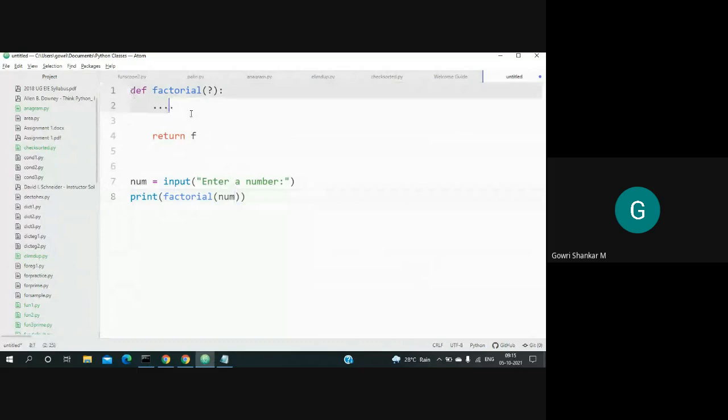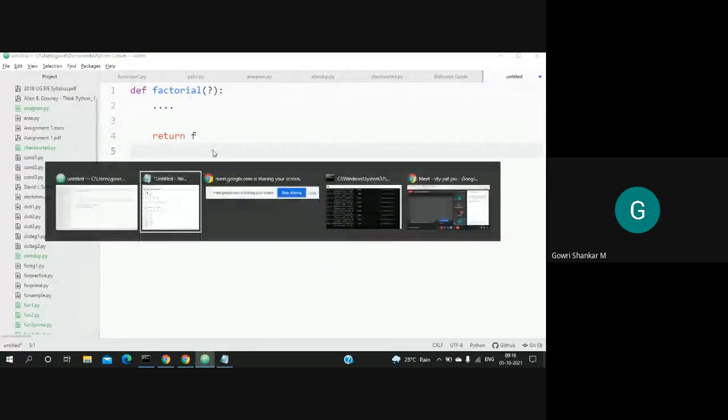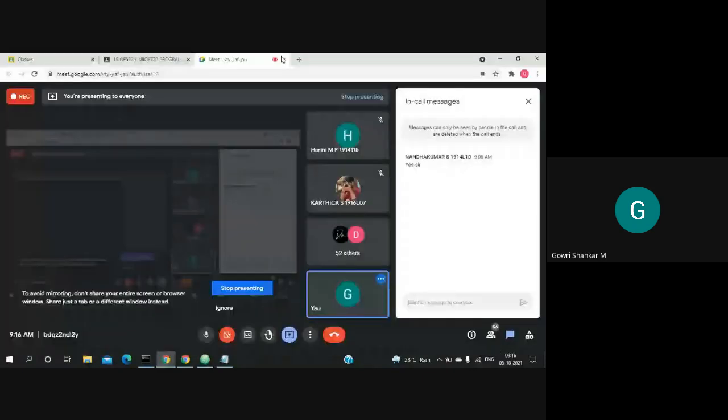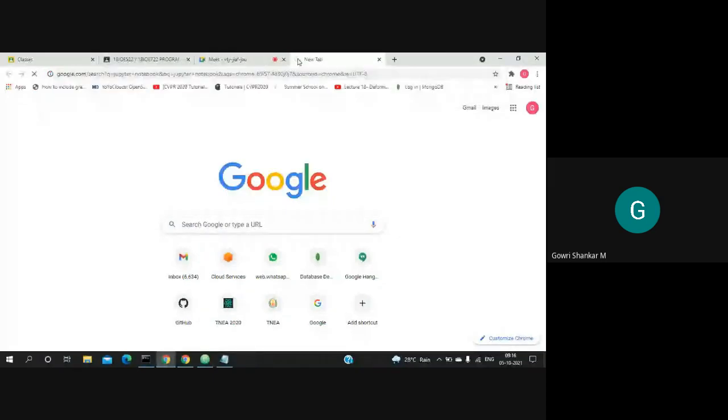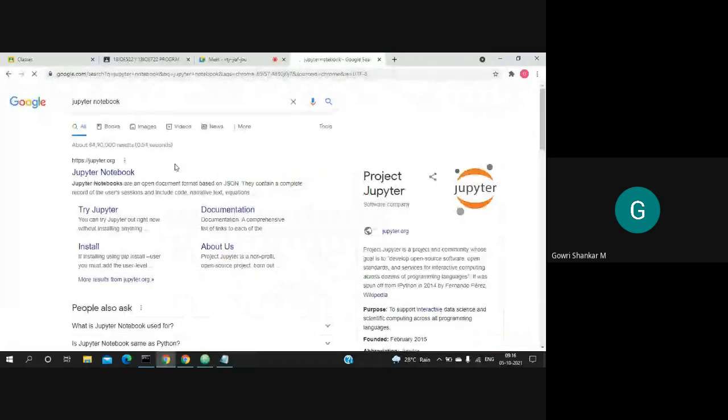So you try to write it. We will check it at 9:25, within 10 minutes. If you are attending on mobile, you can visit this Jupyter notebook and try this function. Here you can copy the same code and write it.